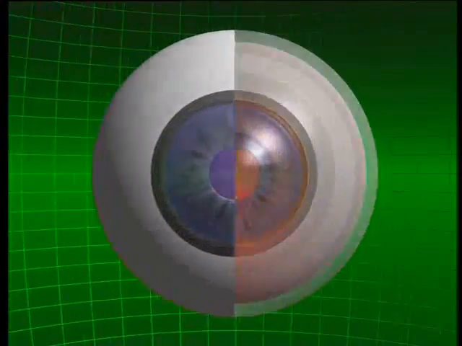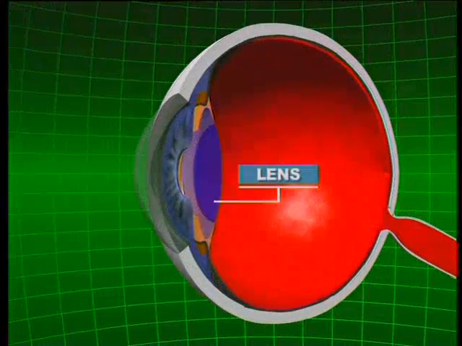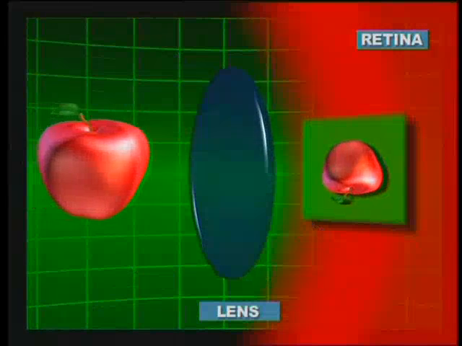Another eye mechanism working parallel to this structure is the lens. The duty of the lens is to focus the light coming to the eye onto the retina layer at the back of the eye. Thanks to the movement of the muscles around the lens, light rays come into the eye